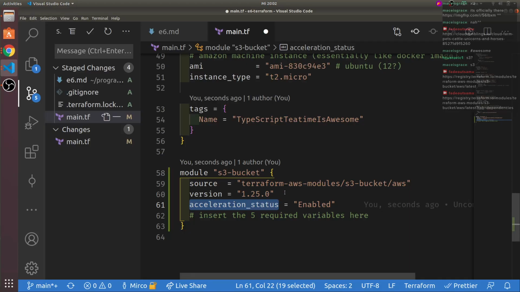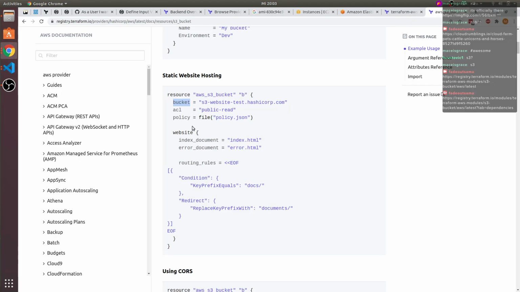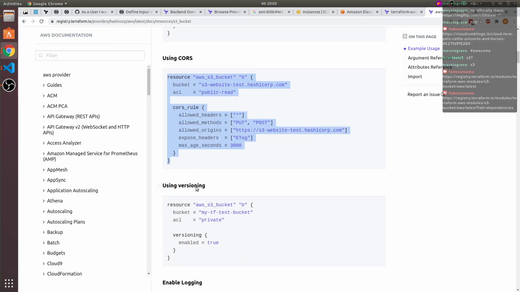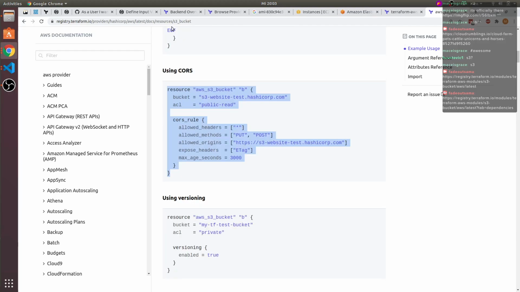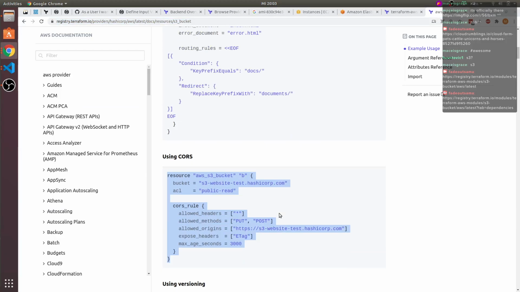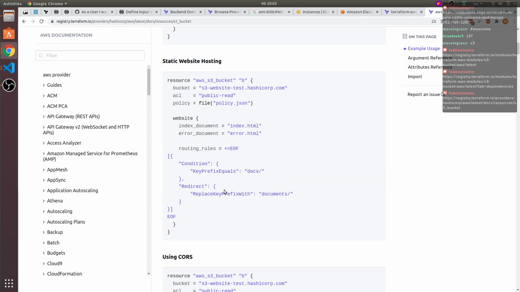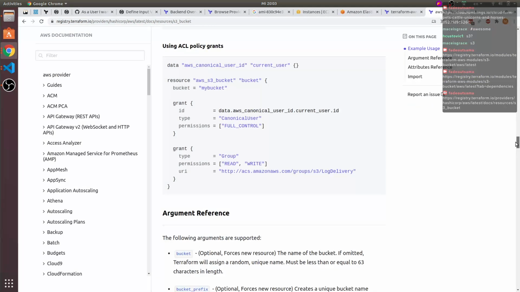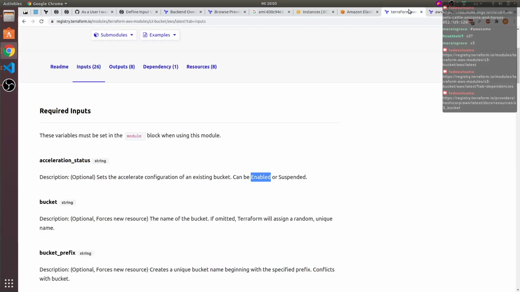Bucket ACL public read. That looks very good actually. Even CORS. So this could also be something interesting. I would prefer to use our module though, for now.